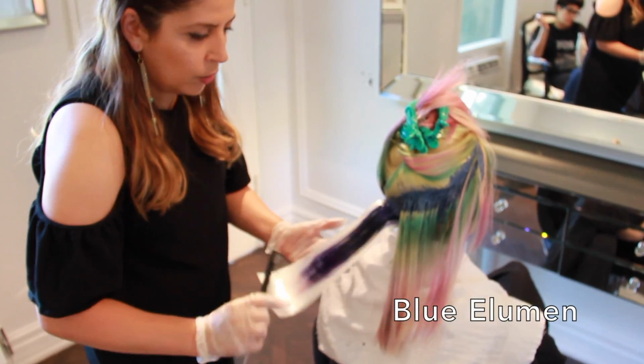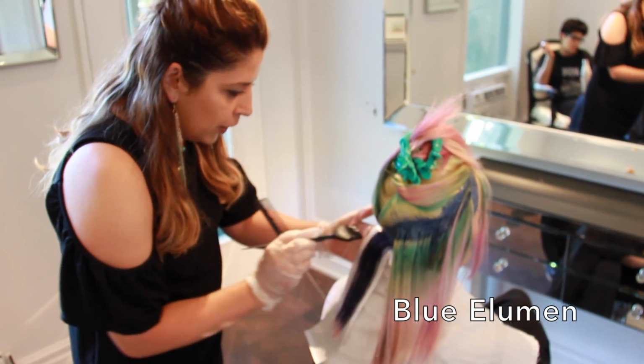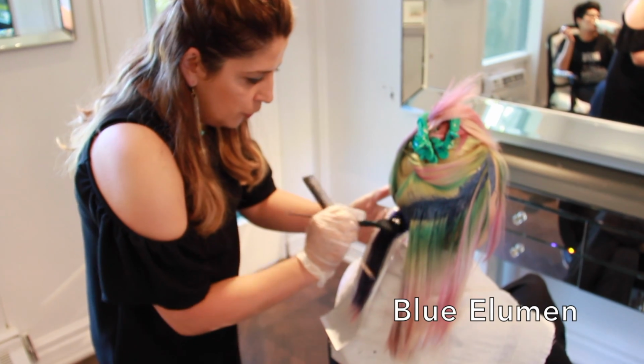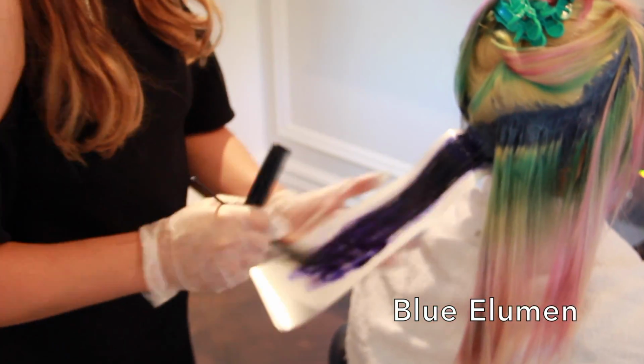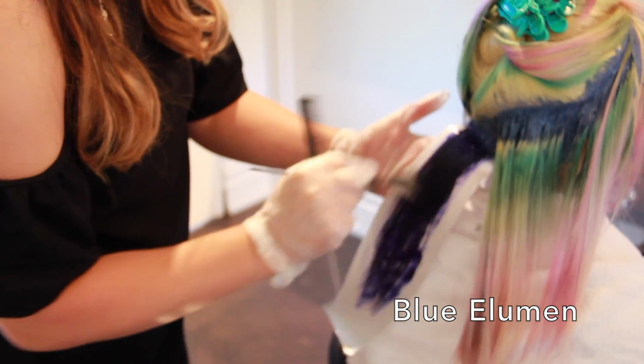So I'm applying my Illumina now. I'm going as close as possible to the roots, but not touching her scalp. So all the bottom section is going to be